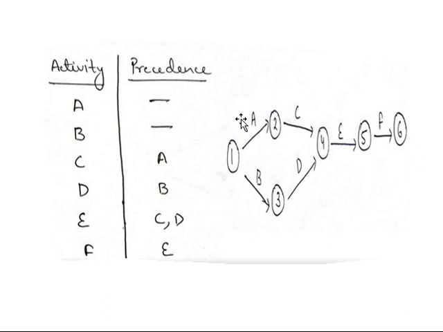You need to construct this cleanly and neatly. Representation is also very important in your examination. Represent it as neatly as possible: the numbering, the arrow marks, and the direction of the arrow marks from left to right. Exactly at the center of the arrow, you need to write the activity name. Follow those things carefully. Once you are familiar with constructing network diagrams, try using your pen. Until then, practice in pencil only.